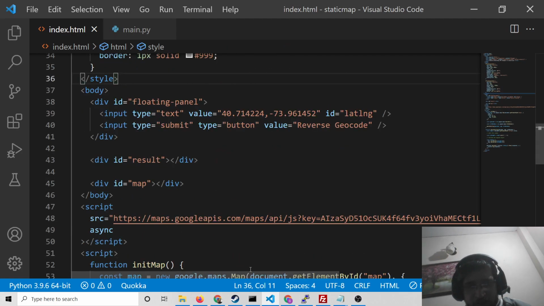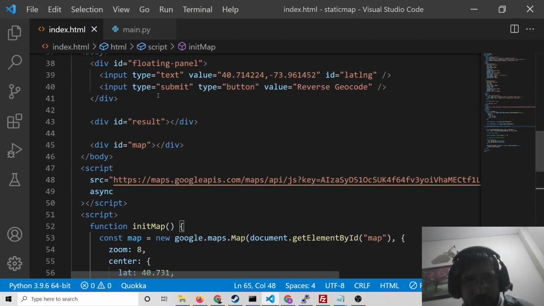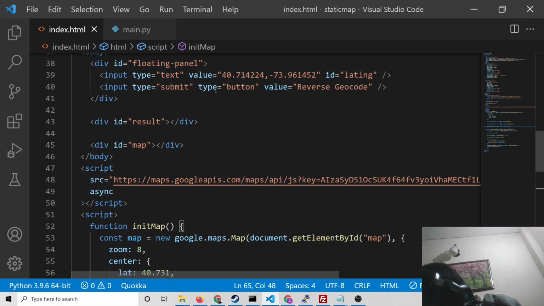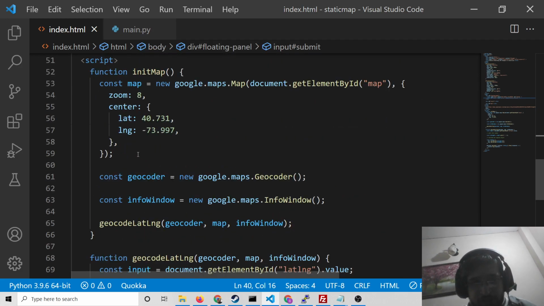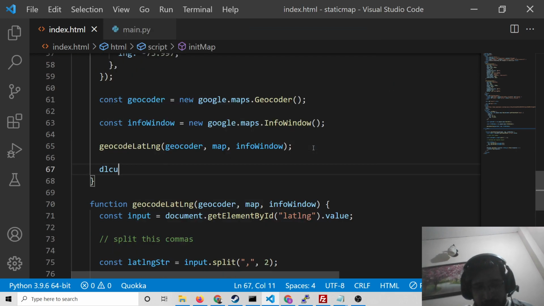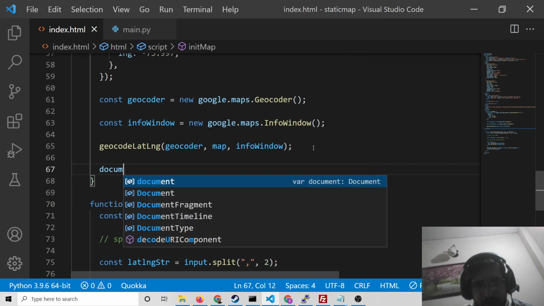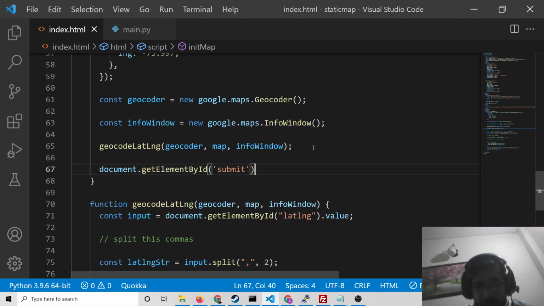I think it is not working because we haven't bound the button. I think we have not given the button the ID. So input id submit, sorry, this needs to be id, not type. Here inside this function initMap, just after this, we need to add an event listener: document.getElementById submit, and add an event listener.